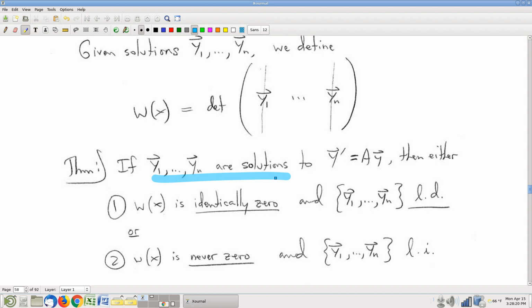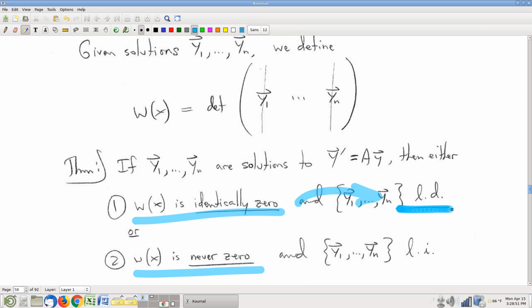If you're looking at a list of solutions of this Chapter 6 kind, if they're all solutions to this same differential equation, a linear first order system, with coefficient functions being continuous, then we get the same convenient answer that we got back in Chapter 4: the Wronskian is either always 0 or never 0. You'll probably remember that from Layton 4.1. And furthermore, those correspond to dependent and independent, respectively. Okay, easy